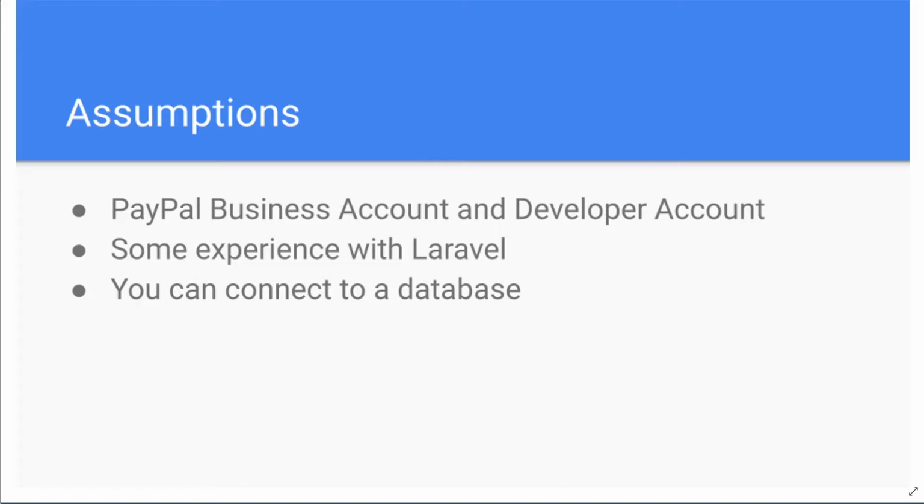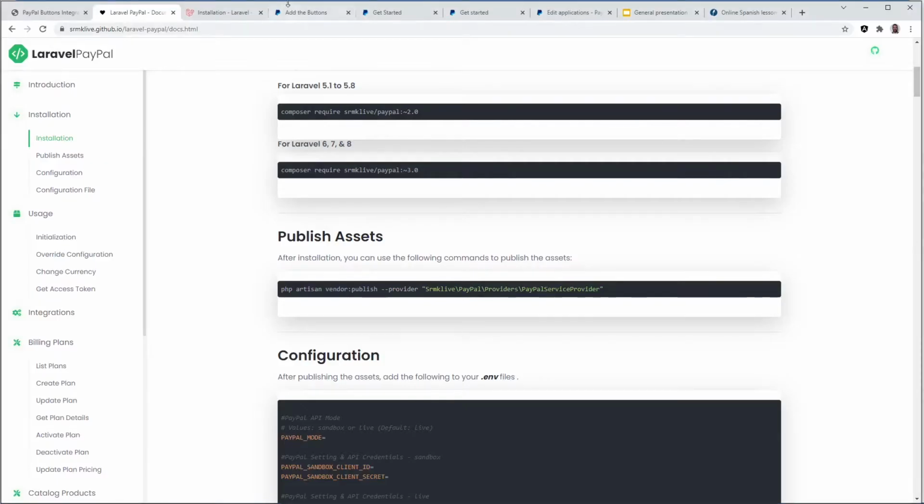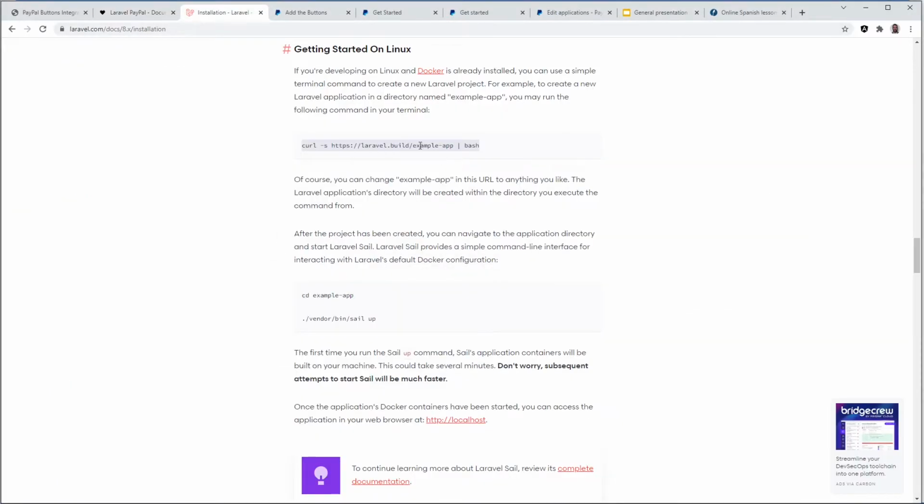First part of the video, we'll get everything working without using a database at all. And then in the second part, we'll connect it to a database. Now I'm working on Windows today, and I've got Docker installed, and I also have a Linux terminal installed as well. So when I create this new Laravel project, I'm going to use this command here